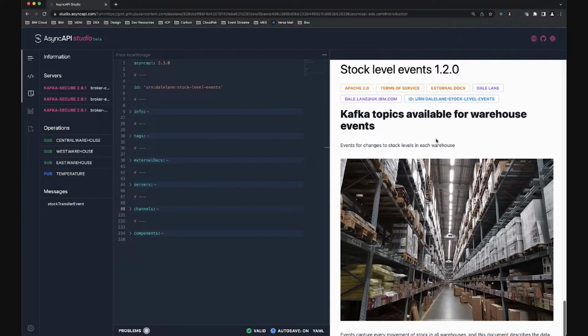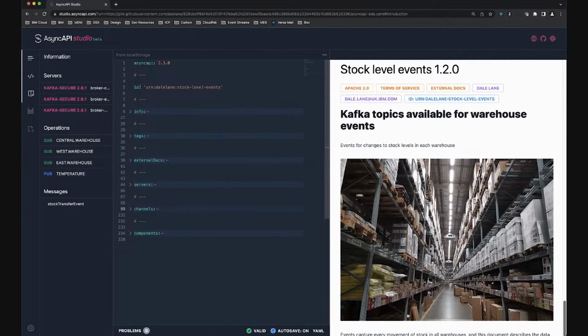There's a Kafka broker that has messages available on this topic. And the purpose of writing the document is to allow other people within your organization, other people within your business, to be able to consume and read this document, both programmatically and from a human semantic purpose. So the first thing we're going to look at is the asyncapi tag. That simply specifies the particular version of the AsyncAPI document that you're writing. In this case, we are using the latest version of the spec as of today, which is